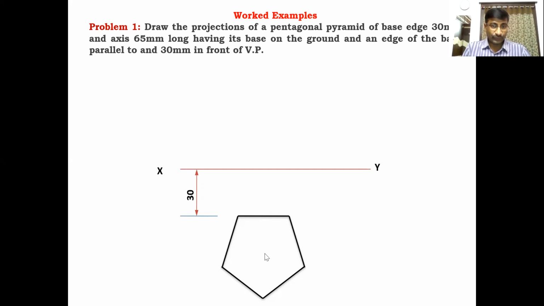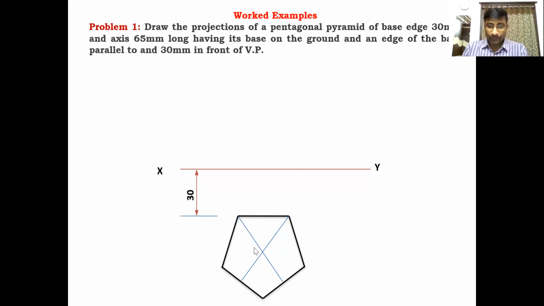The apex is at the center. How to locate the center point of this pentagon? Draw two thin lines. One corner is connected with the midpoint of the opposite side. Then connect the midpoint of another side to its opposite corner. Like this, you draw two lines. Those two lines intersect here. This intersecting point is the center point of the pentagon. Clear? This is the apex.